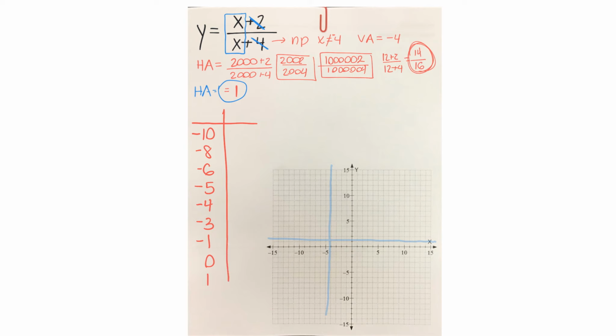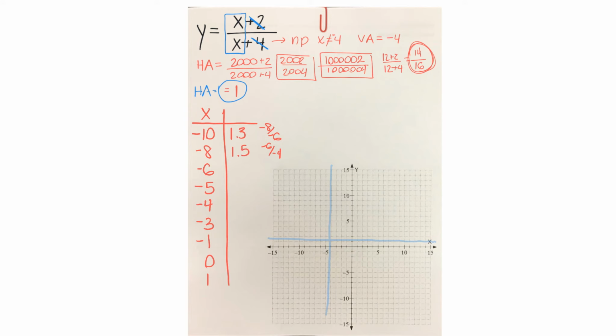Okay, now to do this, you're going to take these x values and you're going to plug them in to both x's in your formula. So you're going to say negative 10 plus 2 and negative 10 plus 4. So you're going to do it 2 times. So negative 10 plus 2 is negative 8, and negative 10 plus 4 is negative 6, and that's going to give us 1.3, positive 1.3. And then we're going to say negative 8 plus 2 is negative 6, and negative 8 plus 4 is negative 4, and that's going to give us 1 and